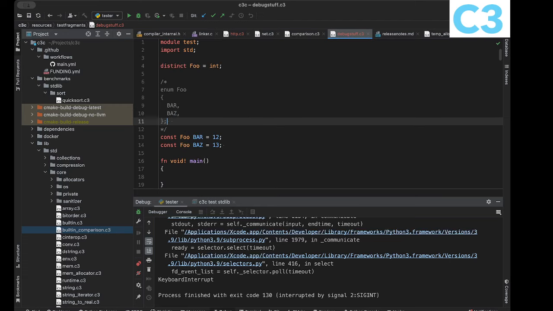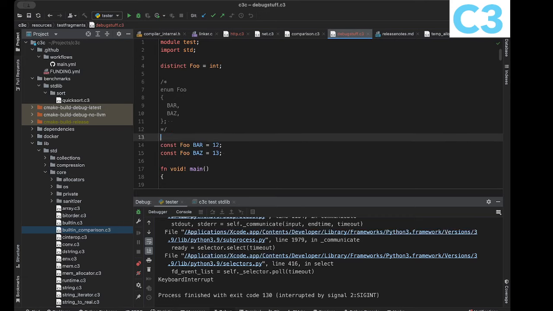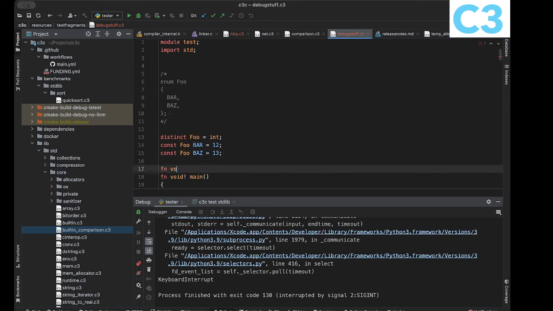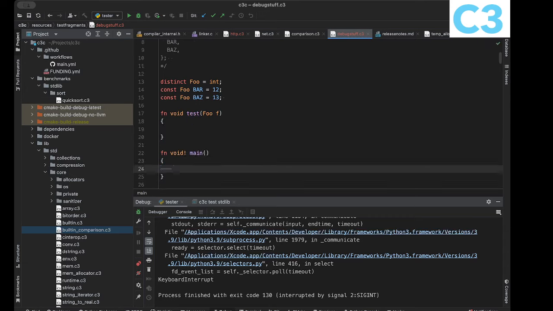So something like that. If you have this in C, then you can turn it into this thing, distinct, because then you can have something like fn void, let's see, and it takes a foo, and now this works. So test bar works, but if I try to do like 3, okay, so if I run this,